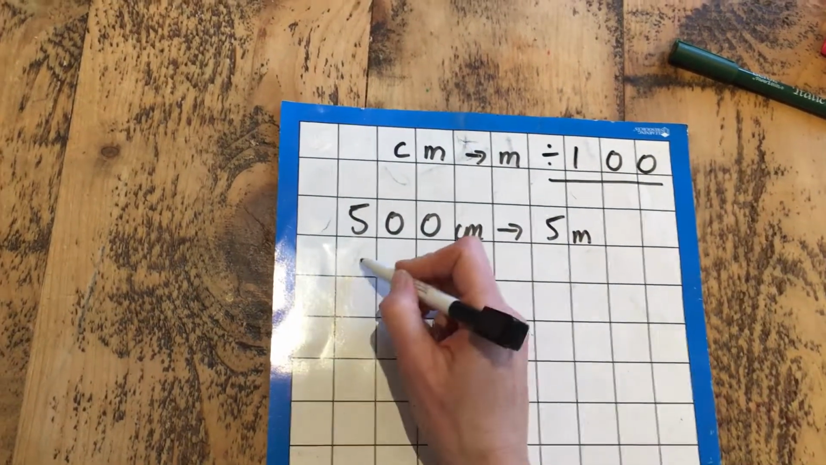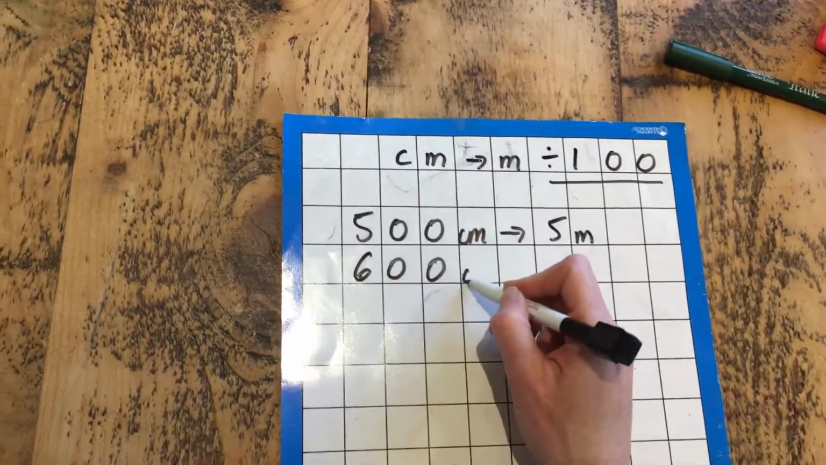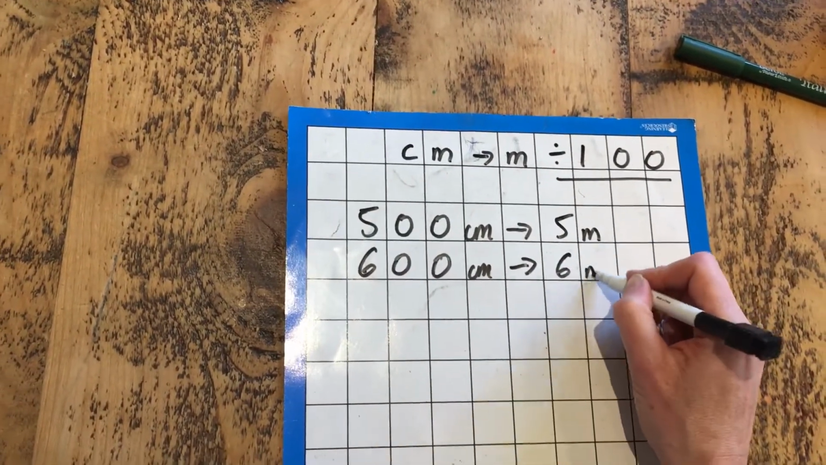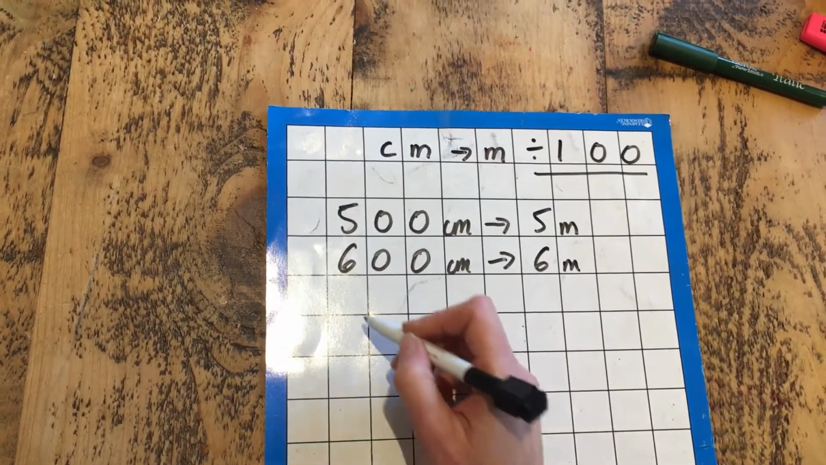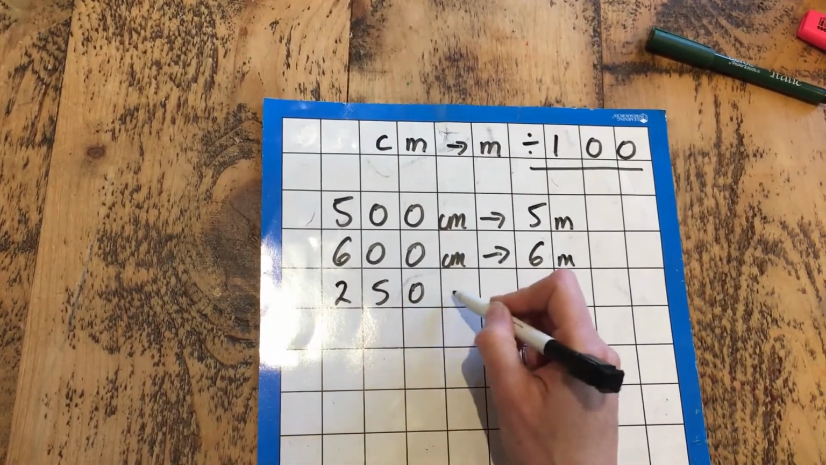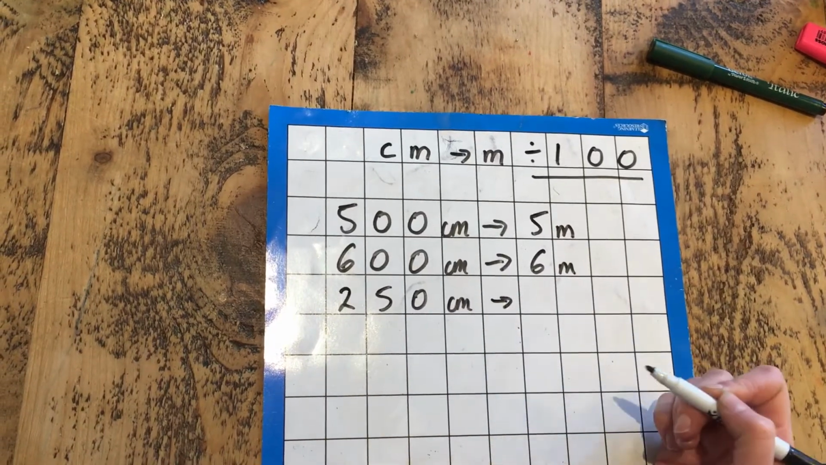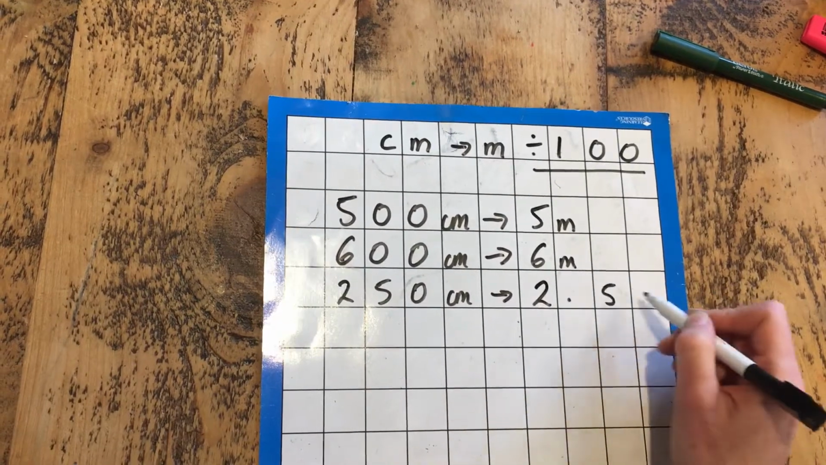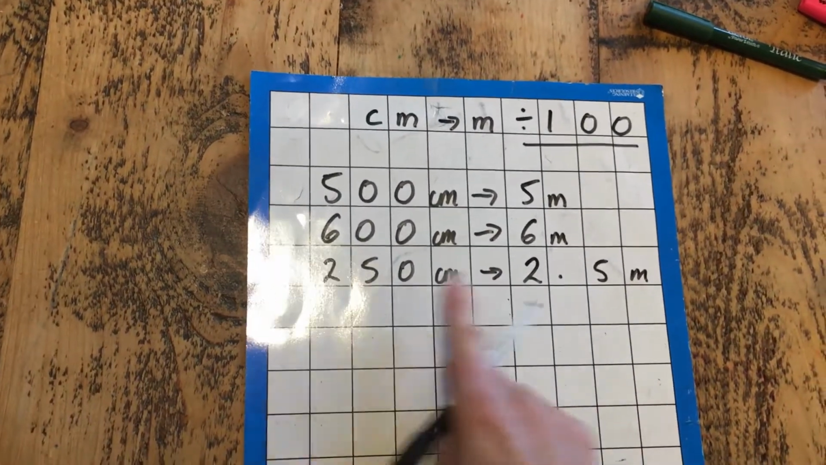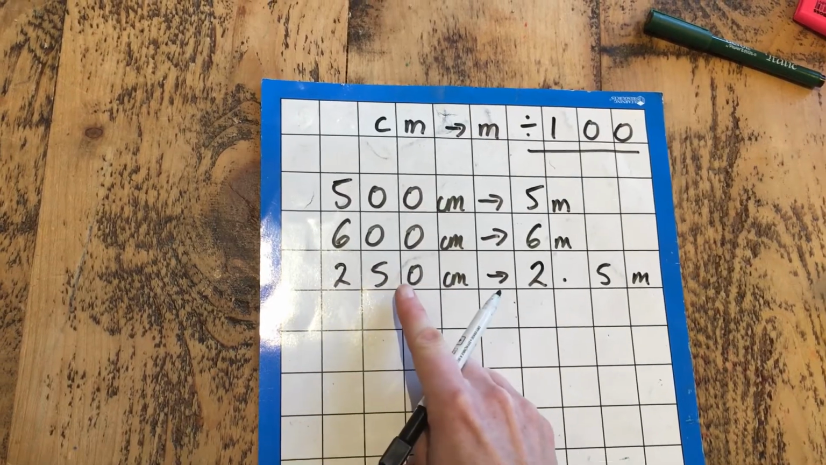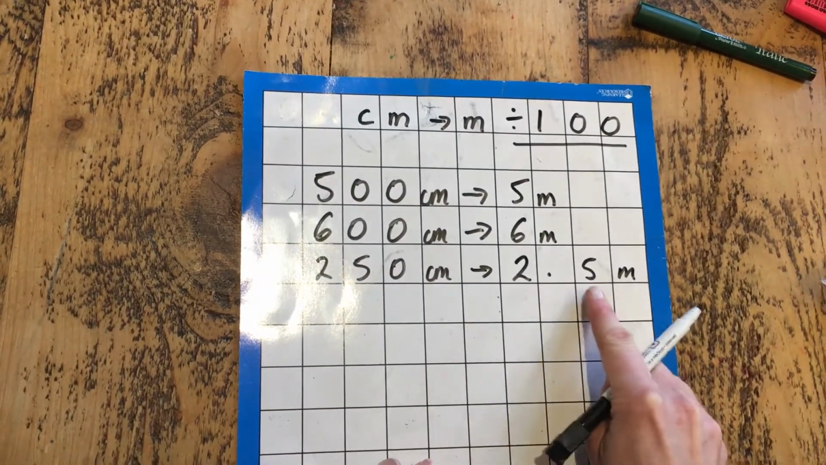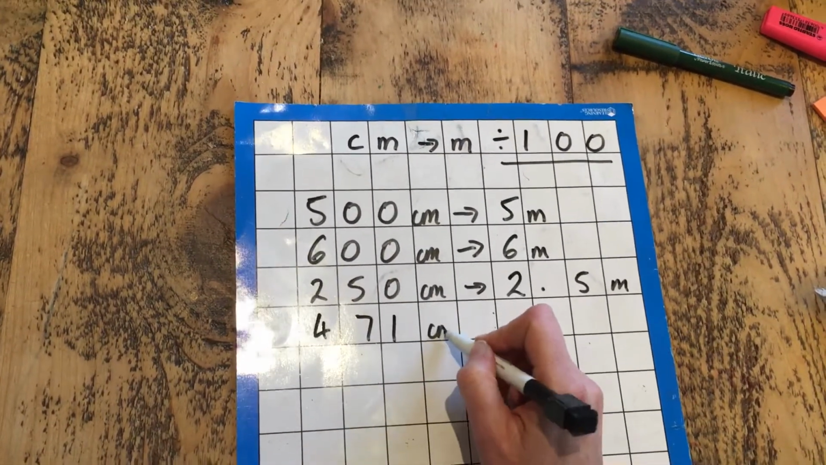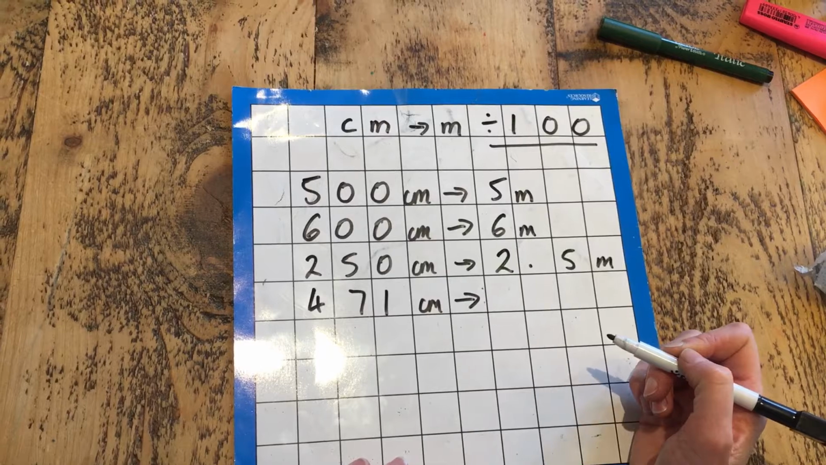I shouldn't need to pause for the next one. 600 centimetres. You should know straight away it's 6 metres. The next one, 250 centimetres. Divide by 100. It's 2.5 metres. You've got 2 lots of 100 for your 2 whole metres and 50 centimetres left over, which is half of 100, 2.5. And the last one, 471 centimetres, is